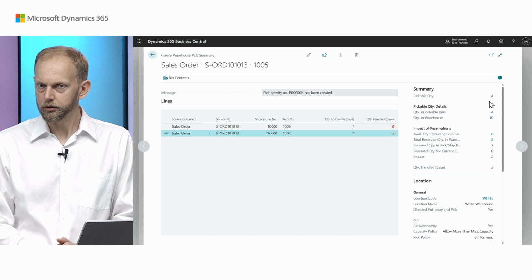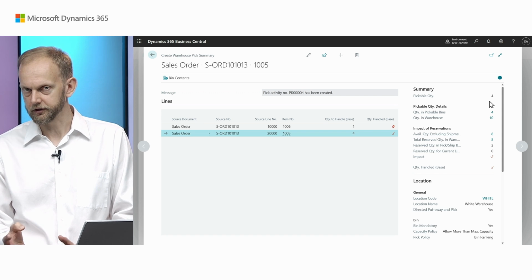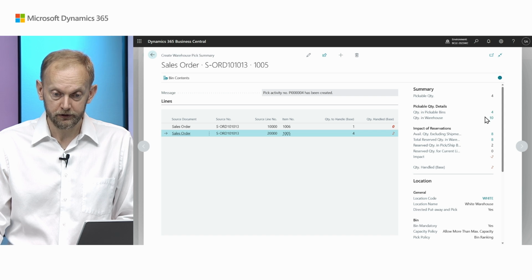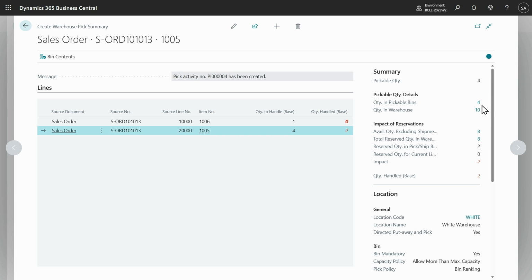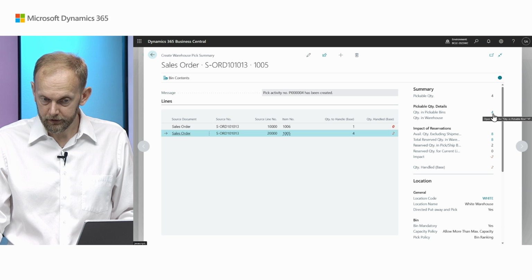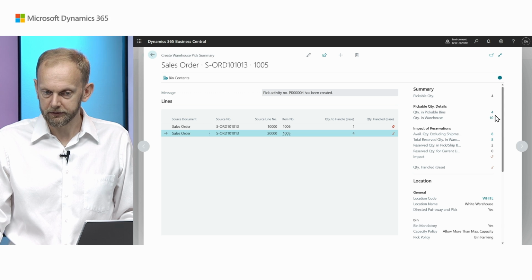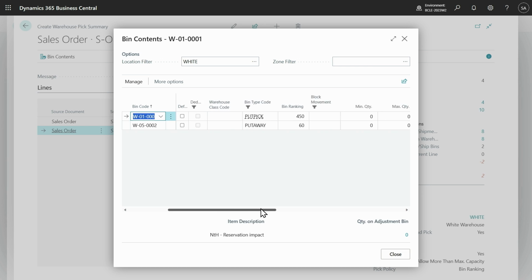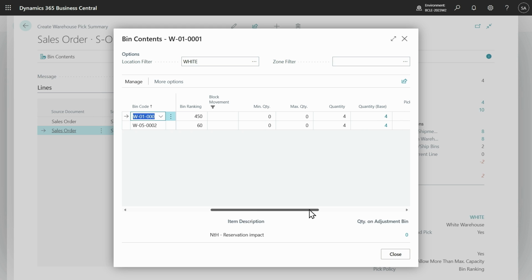So in this case, we should not make orders with a high priority, which are reserved, impossible to ship. It's okay to make it difficult to ship, but not impossible. Let me explain. So while we have a total quantity in warehouse 10, 4 are in pickable bins, which can be picked, shipped right away. But we also have 6 somewhere else. Where do we have them? We have 4 in pickable bins, as we already know, but we also have 4 in a put-away bin. So it's like a different storage, which requires movement if necessary.